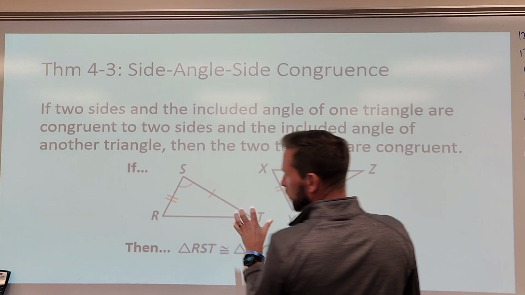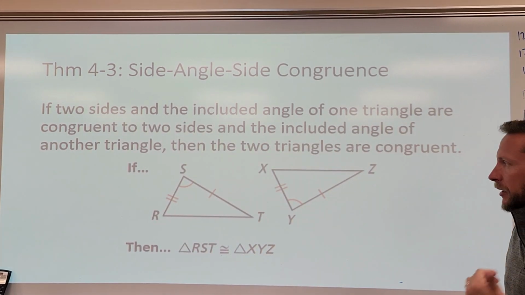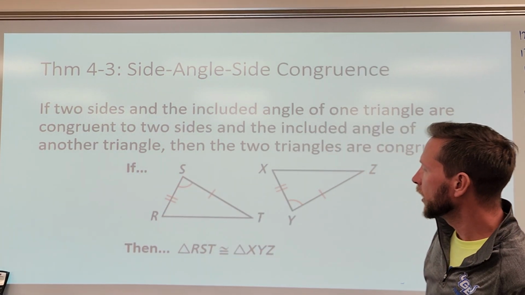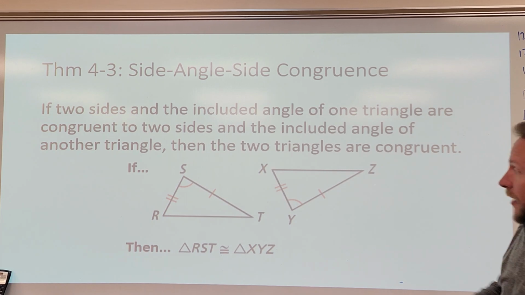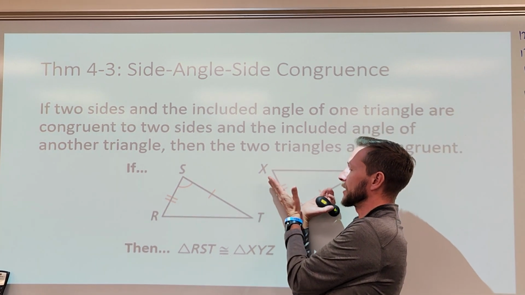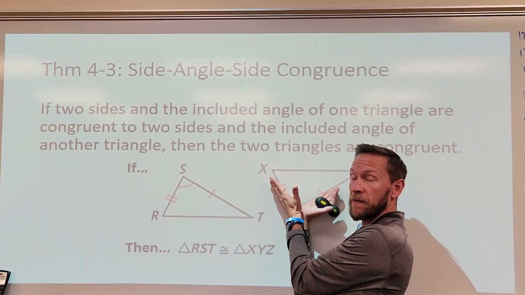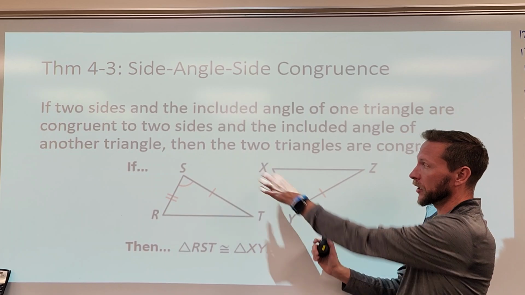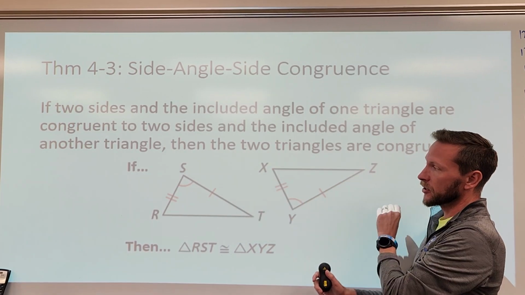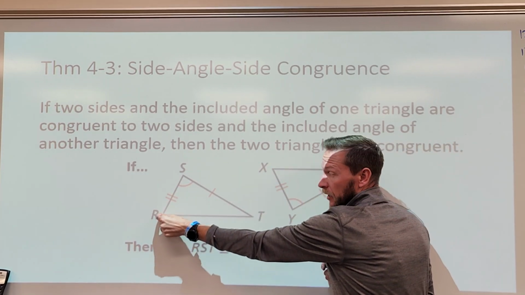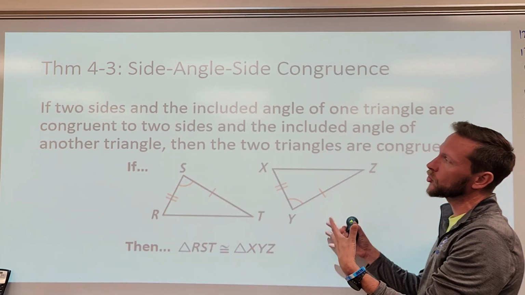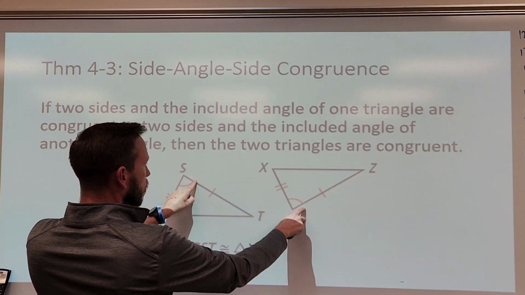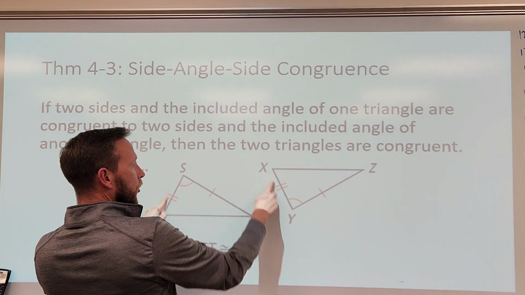This doesn't take too much to really understand and believe, but we could translate this triangle just so that it is a reflection of the other, and we would note that if we have these segments arranged in this fashion, separated by that angle measure, then there's only one triangle that can connect the endpoints X to Z, the same segment that would have the same length from R to T. All right, and so this is a side angle side where the angle is included between the pairs of corresponding